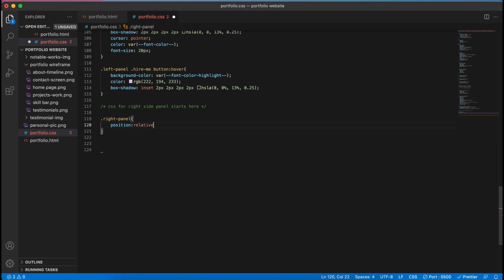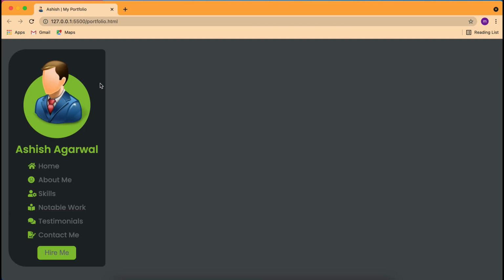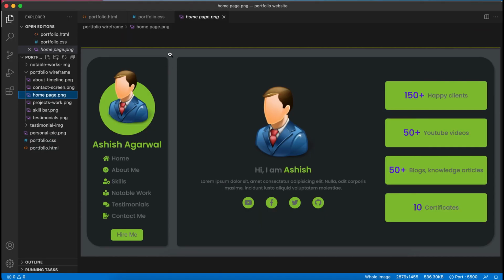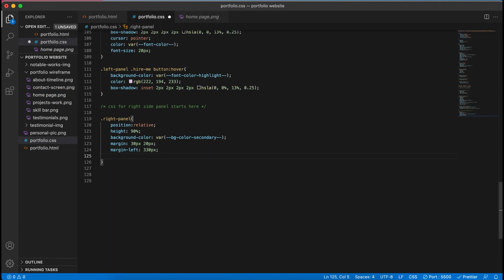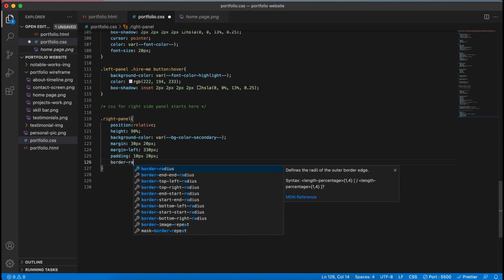Position as relative, height 90%, similar to the left panel, background color similar to the left panel. Margin of 30 pixels and 20 pixels on the top and bottom, left and right, and a margin left of 330 pixels so that the right panel and left panel do not overlap. I'll also be providing padding of 10 pixels and 20 pixels,